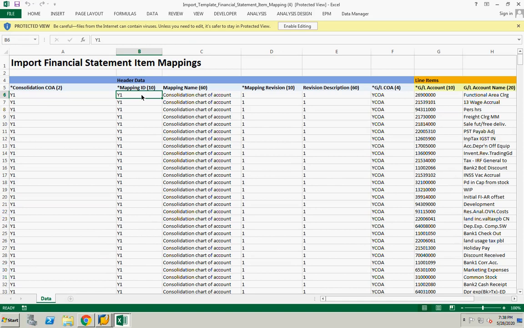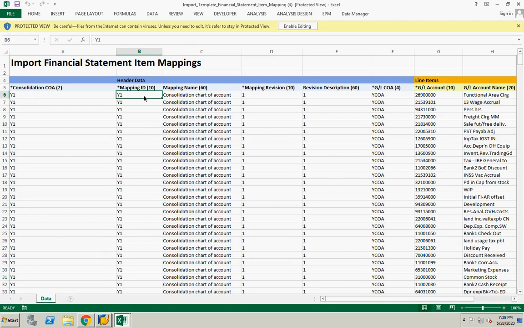Mapping ID is basically to identify. So you can use one mapping ID for one accounting standard. One mapping ID for IFRS, another mapping ID for US GAAP. Why? When it is the IFRS standard, some of the accounts you want to map to one particular FS item. If that is US GAAP, the same operational chart of accounts accounts, you want to map to another FS item.